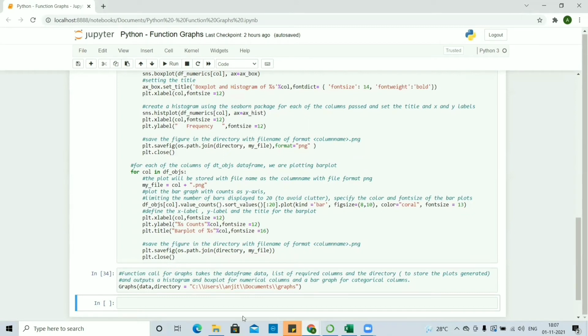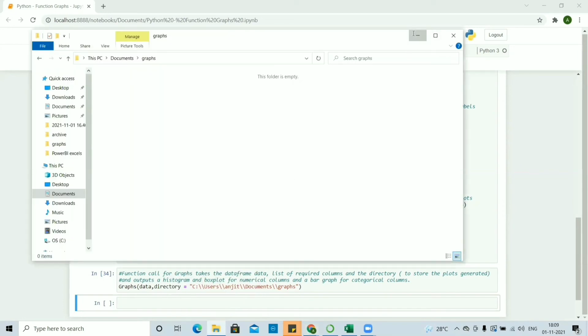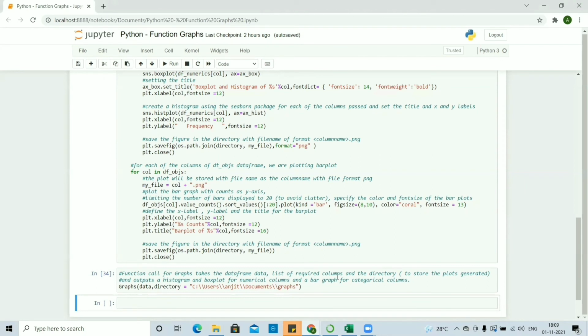Here we are calling the graphs function and passing a data frame as a parameter. We are not specifying the columns parameter so that it takes the default value, which is all the columns in the data frame. So this is the folder path. This is the folder in which we are supposed to store the graphs, and currently it's empty. And we have passed the path as a parameter to the graphs function. Now we run the cell with the function and call the function. So first we'll be running the cell with the function, and then we'll call the function.